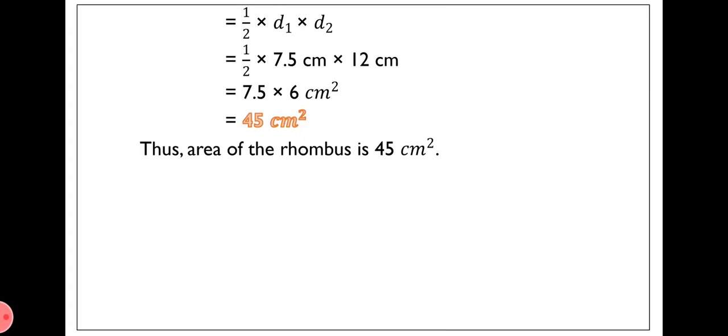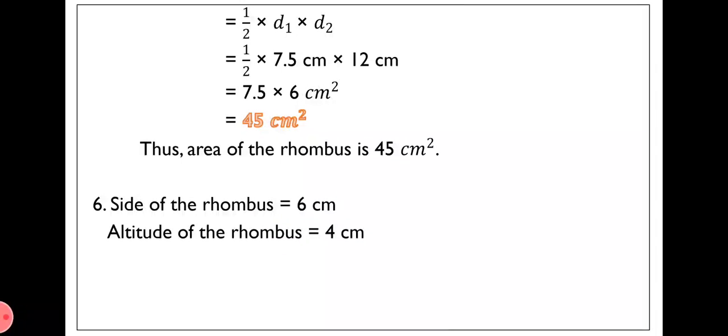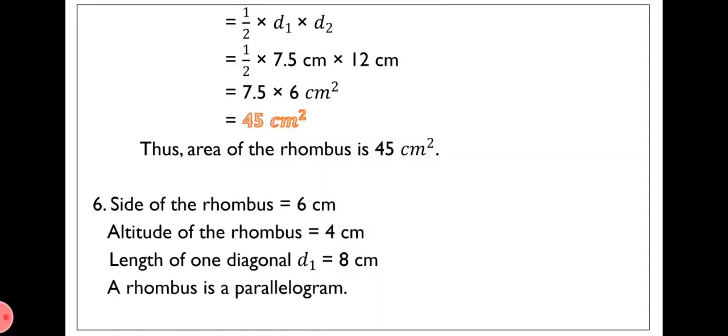So for solution of question number 6, side of the rhombus is given as 6 centimeter. Altitude, that is height of the rhombus, is given as 4 centimeter. Length of one of the diagonals is given, d1 equal to 8 centimeter. Now we know that a rhombus is a parallelogram. Rhombus is one type of parallelogram only. So we use the formula for area